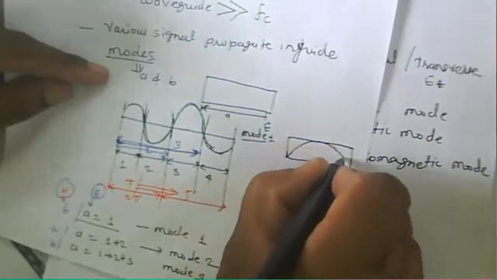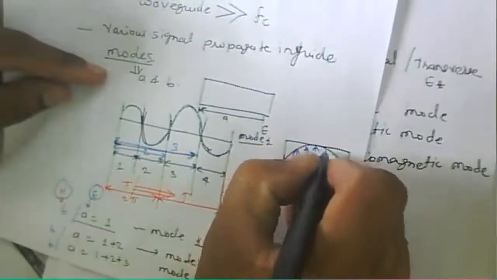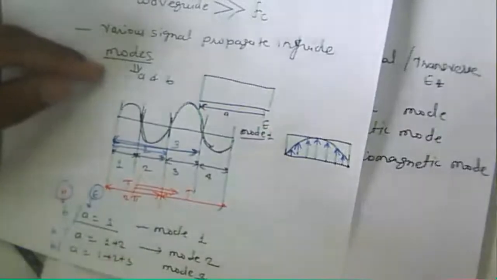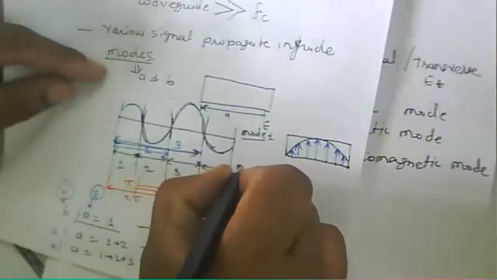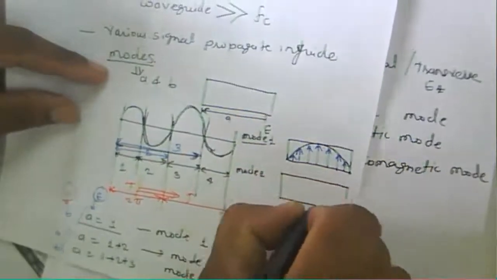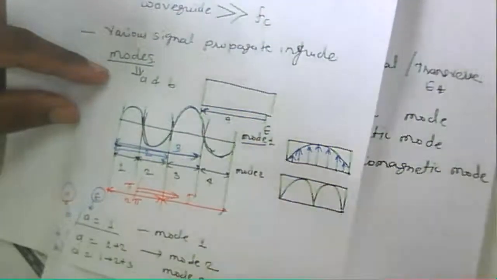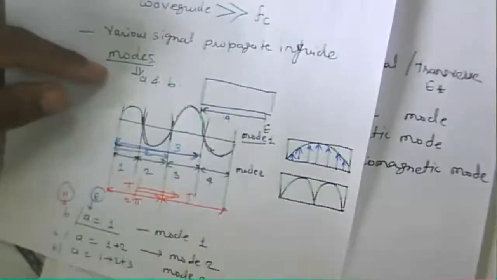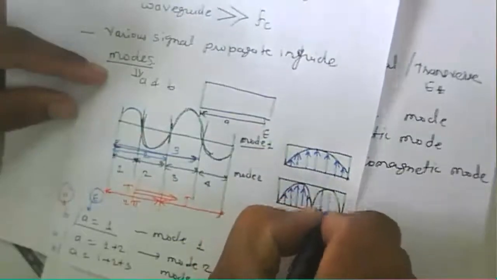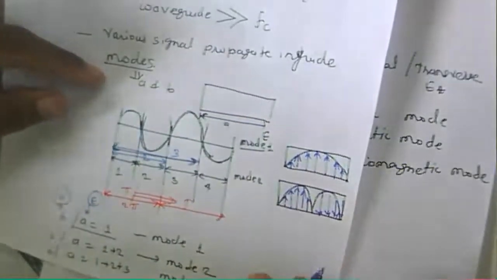Then the variation will be half wave. In that case, your electric field vector looks like this, that is your half wave variation. That is called mode one. Now suppose I say mode two. In mode two, the rectangular size is the same, but we need to consider two half wave variations. In that case, we consider the electric field vector component, somewhat in different directions. So this is about the half wave variation.